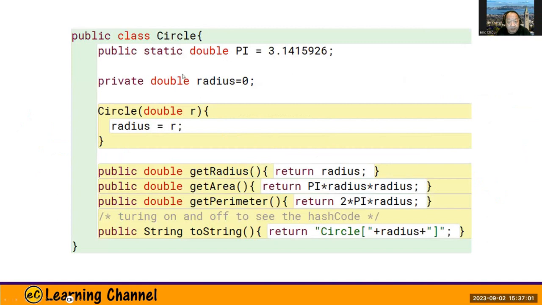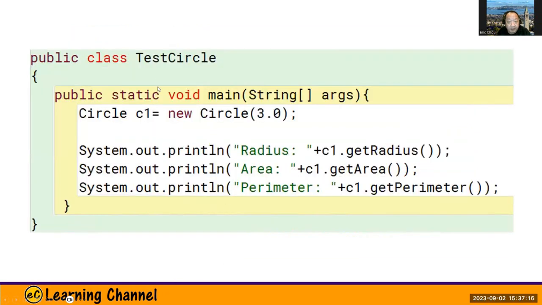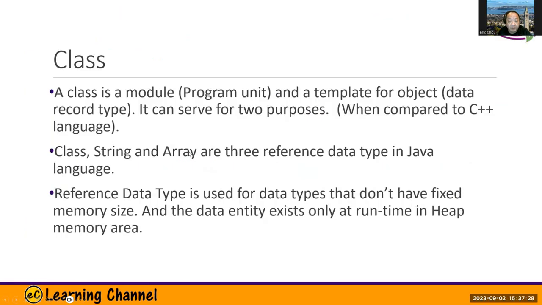So circle can be a class. This one is an object-oriented design of the circle. You have pi, you have radius. Each circle has some radius, and you get radius, get area, get perimeter, and convert it to string, okay? And you have the test circle function, class, create a circle, and then get its radius, get its area. This is the object-oriented way of writing a program. If you write it in the